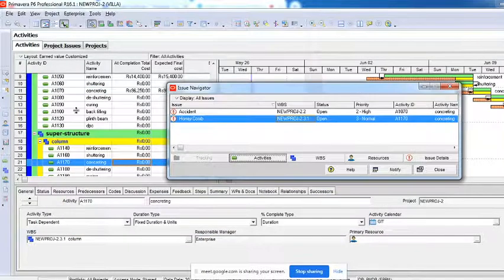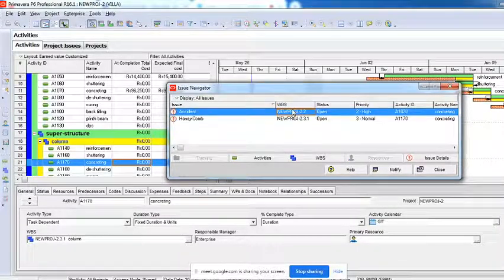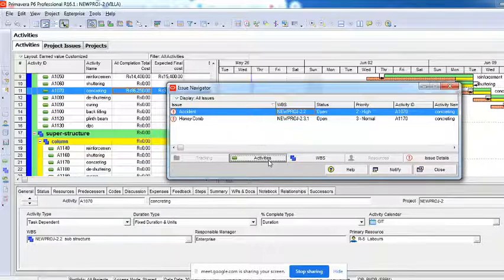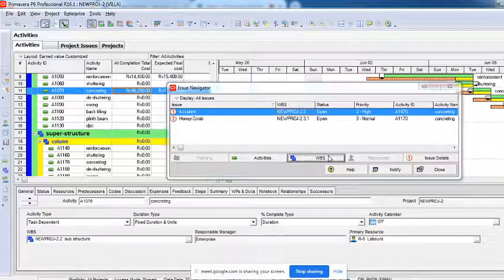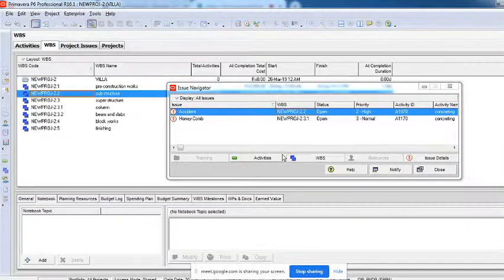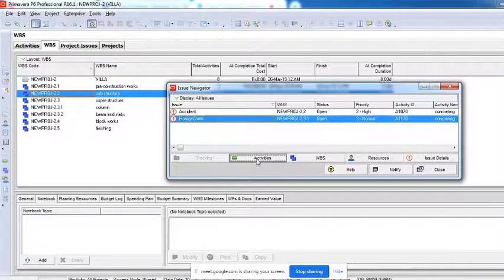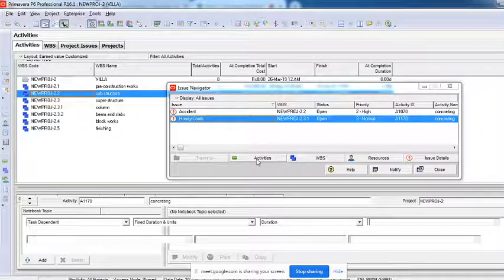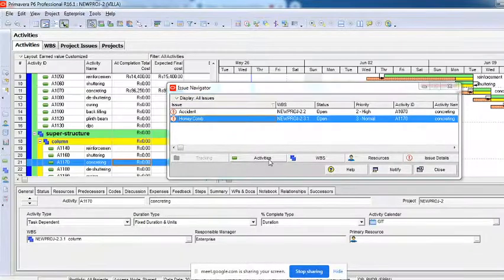Now it is showing me that this concreting has this honeycomb problem, and this accident happened while doing this concreting activity. So it changes, and then for which WBS, it will show you on what particular WBS this problem has happened. Alright. Right.